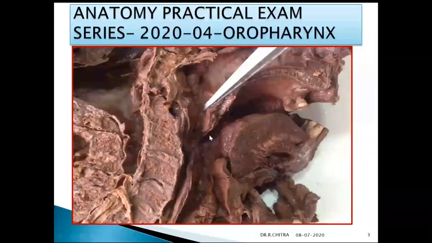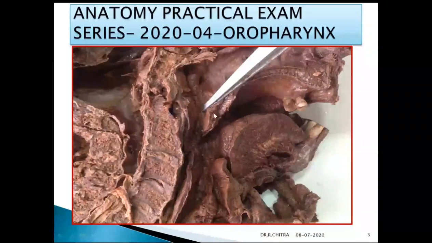In front, the oropharynx communicates with the oral cavity through the oropharyngeal isthmus. Behind, the second and third cervical vertebrae. On either side of the oropharynx, palatine tonsils are situated, between the palatoglossal arch